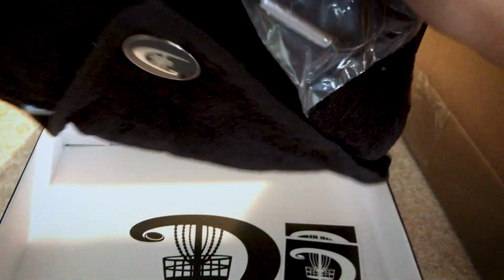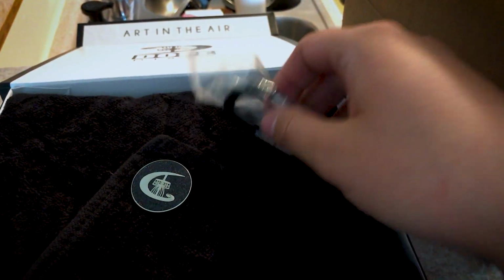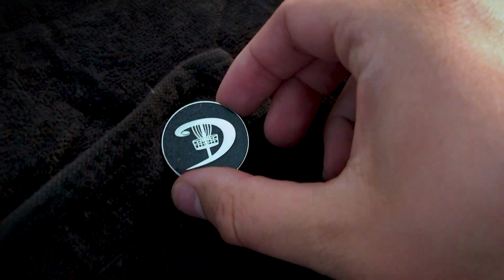And he actually, as you can see, was nice enough to include a carabiner and a towel and a really nice box and everything along with the disc. So huge shout out to Dope Discs for that as well. That was pretty friggin' dope. So thank you